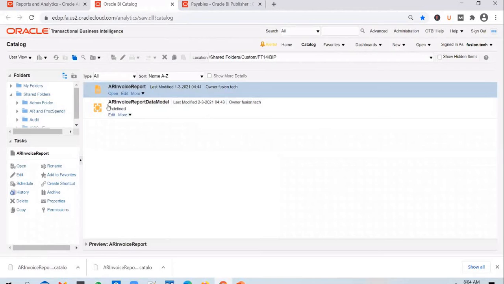And log into the instance to which you want to upload this report. So you go to a different instance. Say for example, I go to ECBP test.